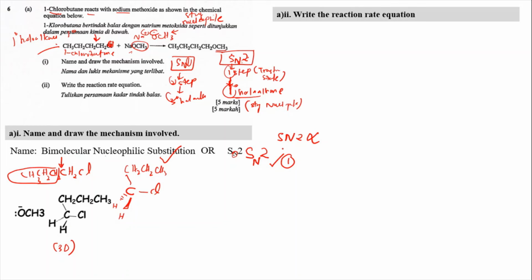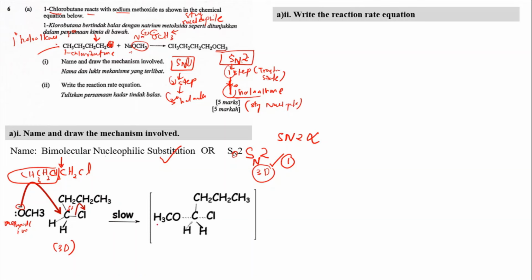So for the SN2 mechanism, we need to draw it in terms of 3D. Okay. And now the methoxide ion. So methoxide ion is a strong nucleophile because it has a negative charge. So the strong nucleophile going to attack the partially positive charge of the carbon, and here going to attack here, and as a result the C-Cl bond going to be broken. Okay, and this is going to produce a transition state where